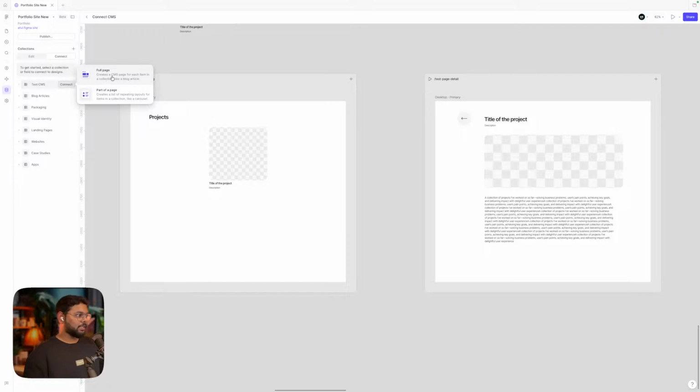One is for the full page, that means if I click this, I can open the detail page, right, and every detail over here will change, and this is part of the page. That means it is for the listing. So let's connect this listing first, and over here,